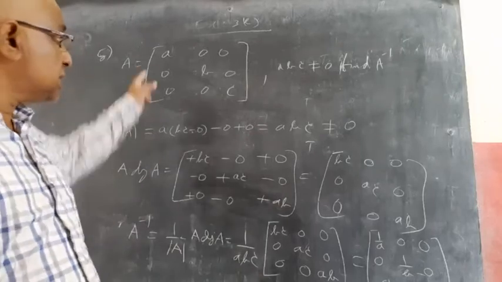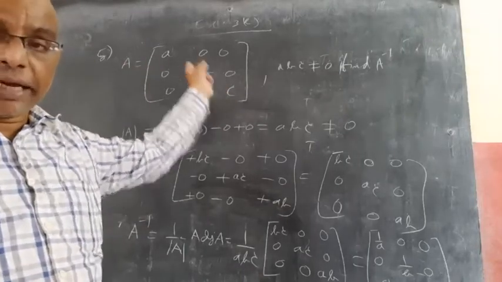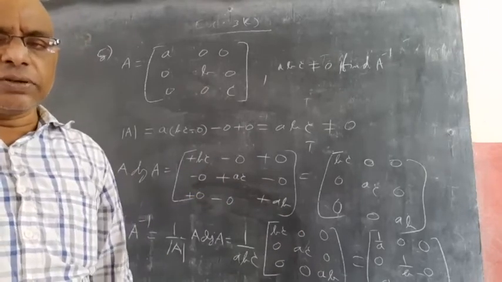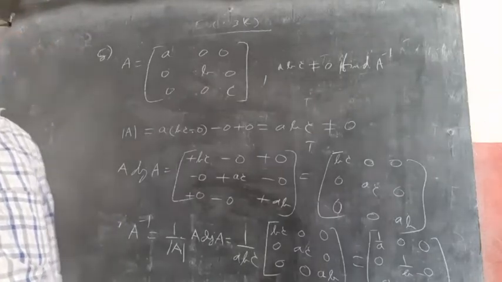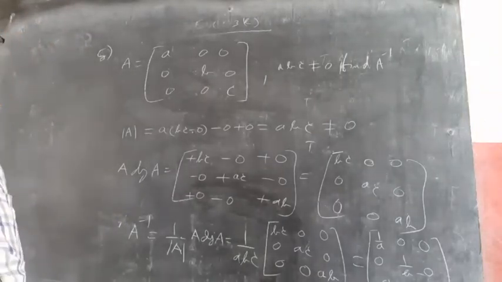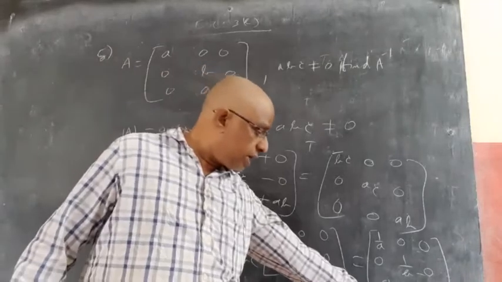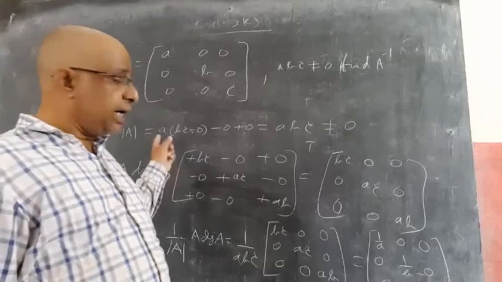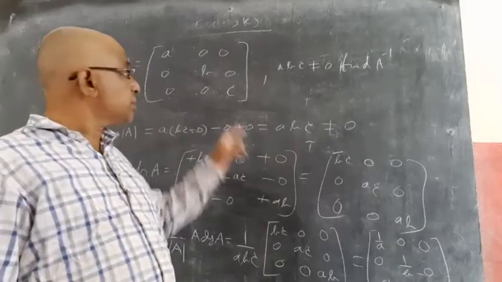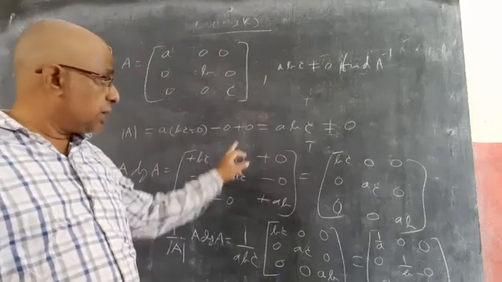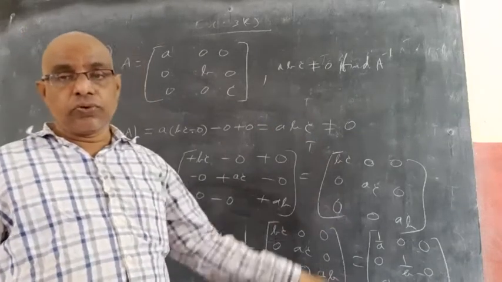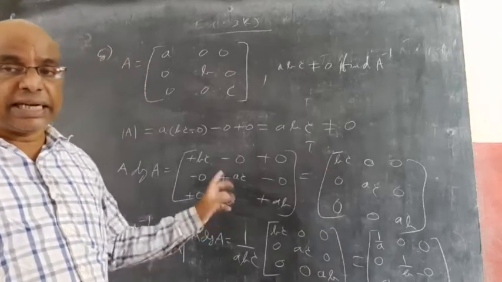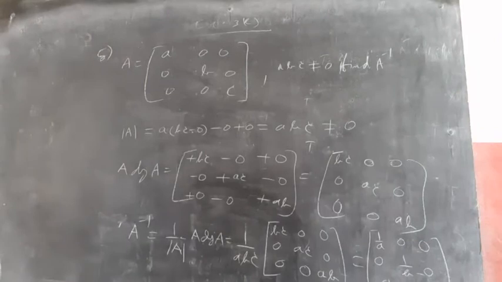Because the elements I took are not 1, 2, 3 but A, B, C, we found this using A, B, C only. So in place of A, B, C we can keep any number, and the same result you will automatically get. So you can use this as the formula for A inverse of a diagonal matrix. And det of a diagonal matrix is simply the product of the diagonal elements. That also you can get from this example. So two shortcut formulae you got for a diagonal matrix, finding A inverse and det A, from this answer.